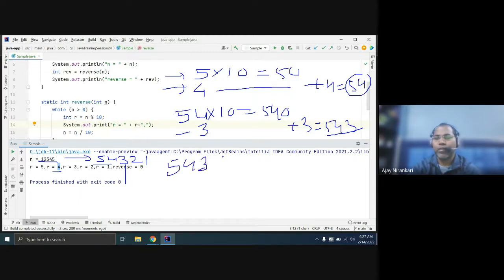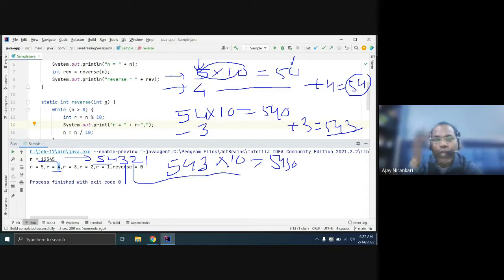Multiply by 10 and you get 5430, and add the next number. So this is one algorithm: whatever number you have, multiply by 10 and add the next digit. This is the logic by which you can do the reverse.